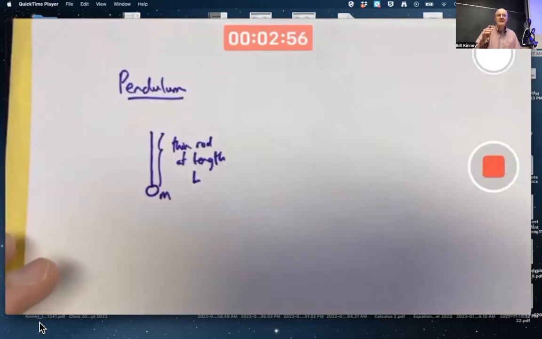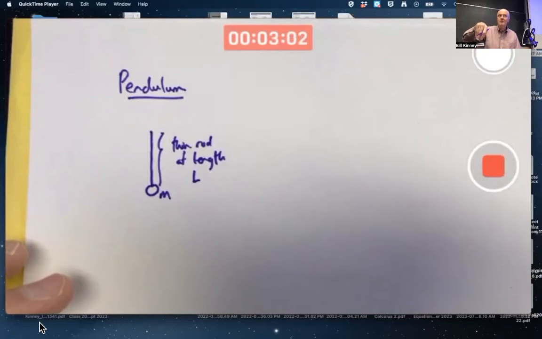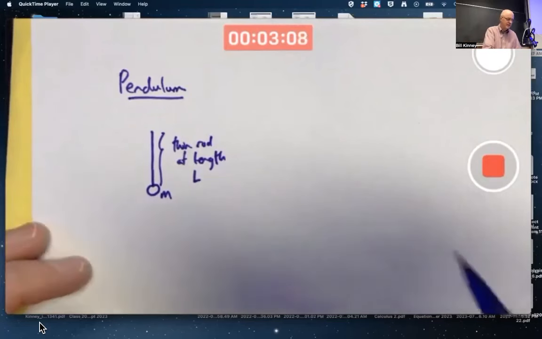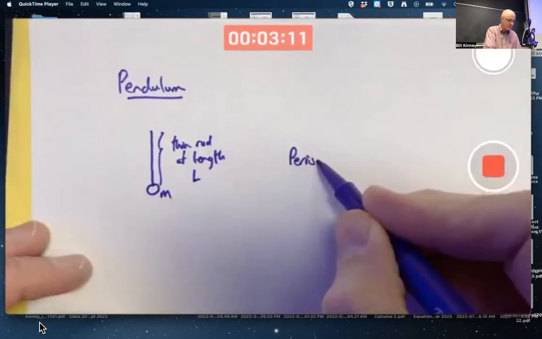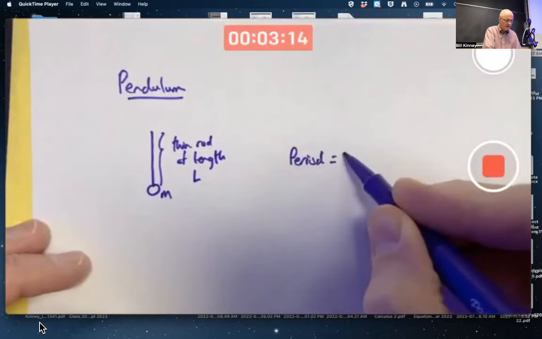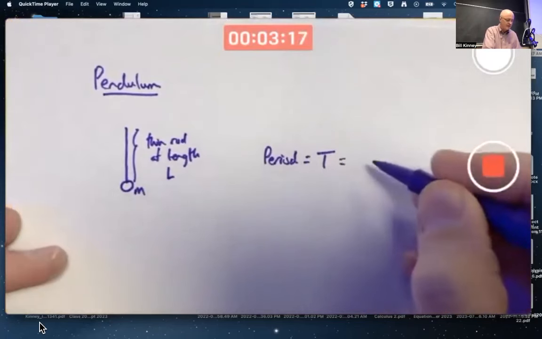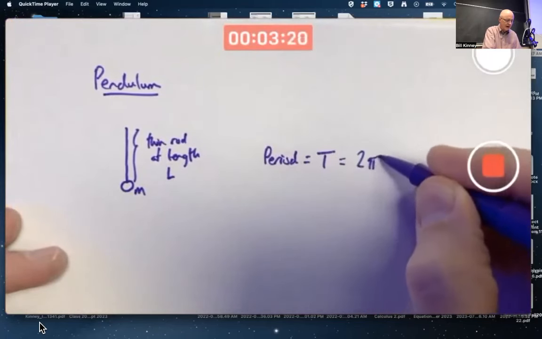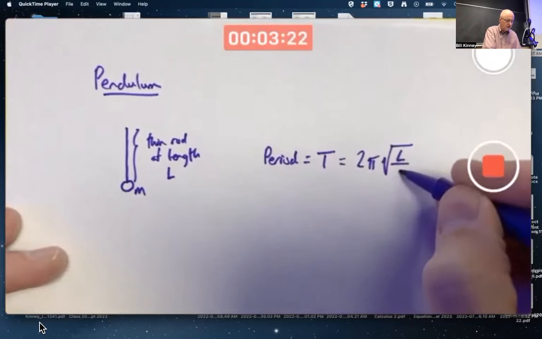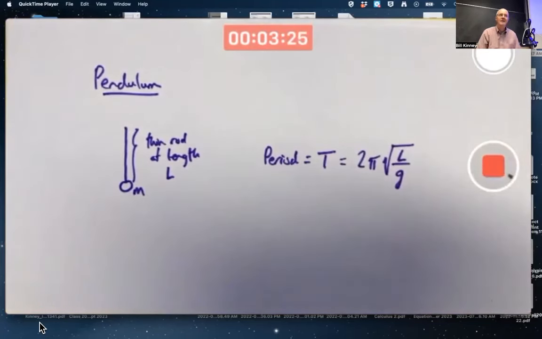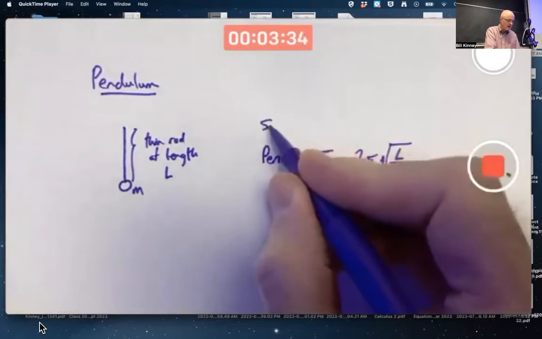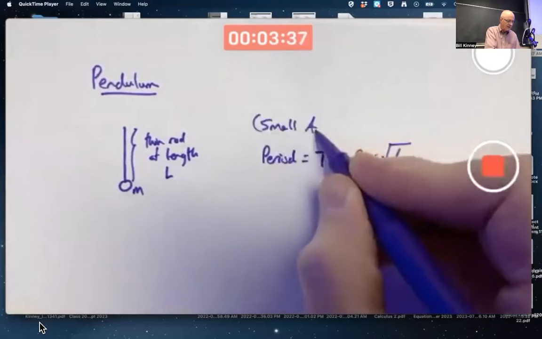If the oscillation is small in amplitude, if the angle that it makes as it swings back and forth is small, you can come up with an approximate formula for the period of the motion. The period, often called capital T, turns out to equal 2 pi times the square root of L over G, where again, L is the length of the rod, and G, as usual, is the acceleration due to gravity near the surface of the Earth. This is the small amplitude